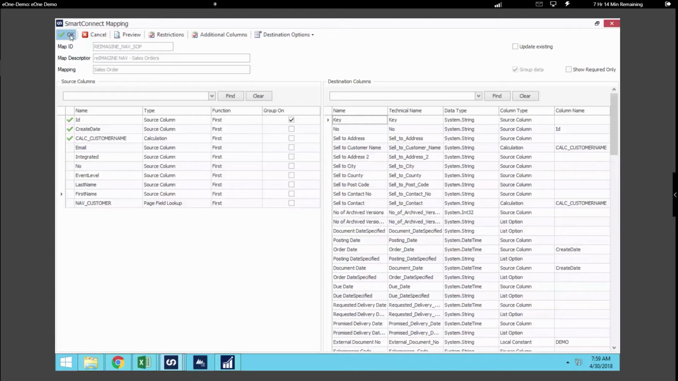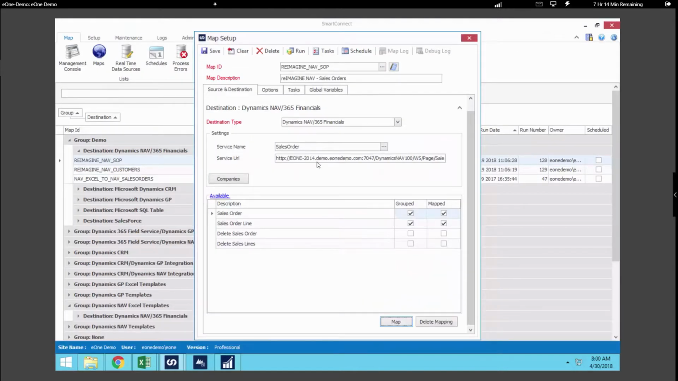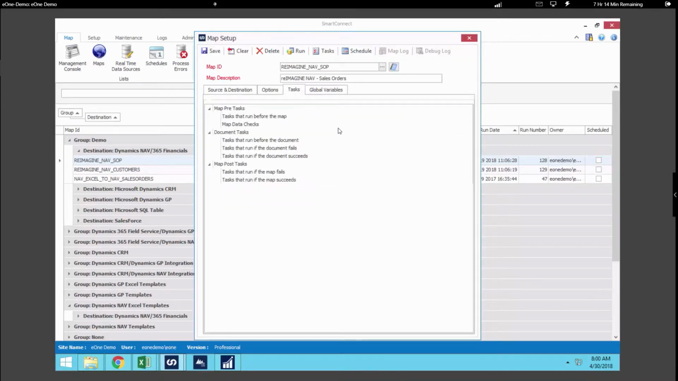So now that we have all of the field mappings handled and the basic setup of the map complete, let's look at how we can expand on the integration. One of the common areas where we can do that expansion is on the tasks within SmartConnect. Now, tasks can be run either before the map, during each document or during each record that's running, and then